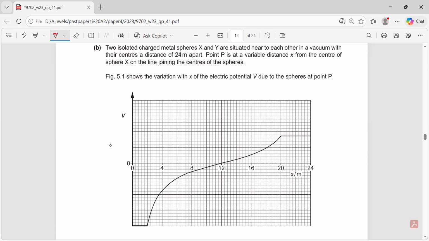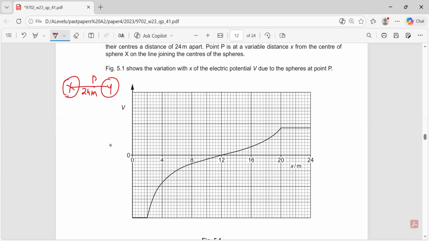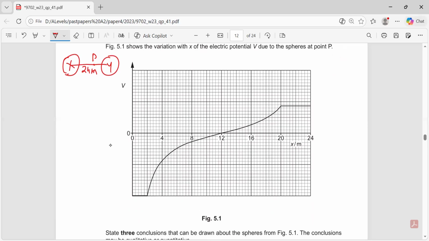नेक्स्ट वो कहता है कि two isolated charged metal spheres X and Y are situated near to each other। तो हमारे पास दो isolated charged spheres हैं, एक charged sphere है X, एक charged sphere है Y, और their centers of the distance are apart. How much is the distance between both the centers? It is 24 meter. Point P is a variable distance x from the center of the sphere. The center of sphere में कोई भी एक distance आपके पास point P consider हो सकता है on the line joining the centers of the sphere, और उसका ग्राफ आपको शो हो रहा है कुछ इस तरह।